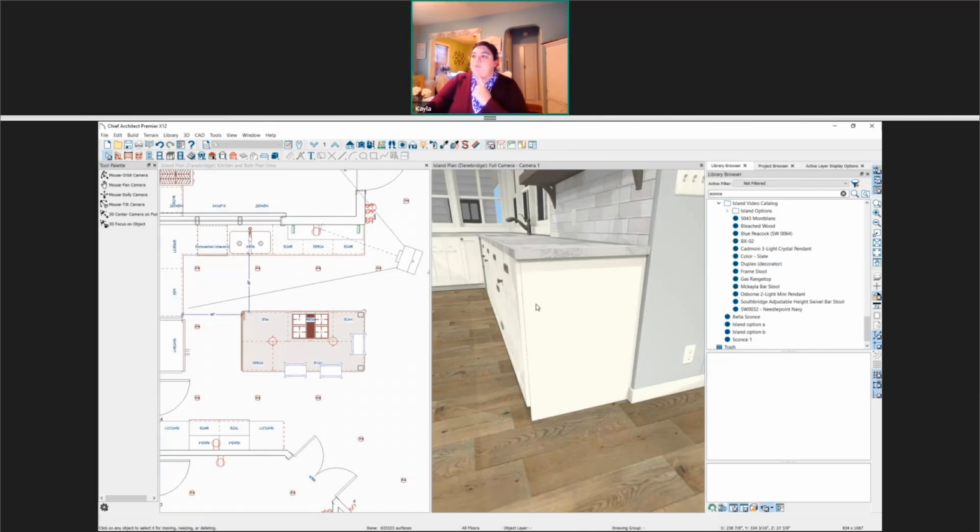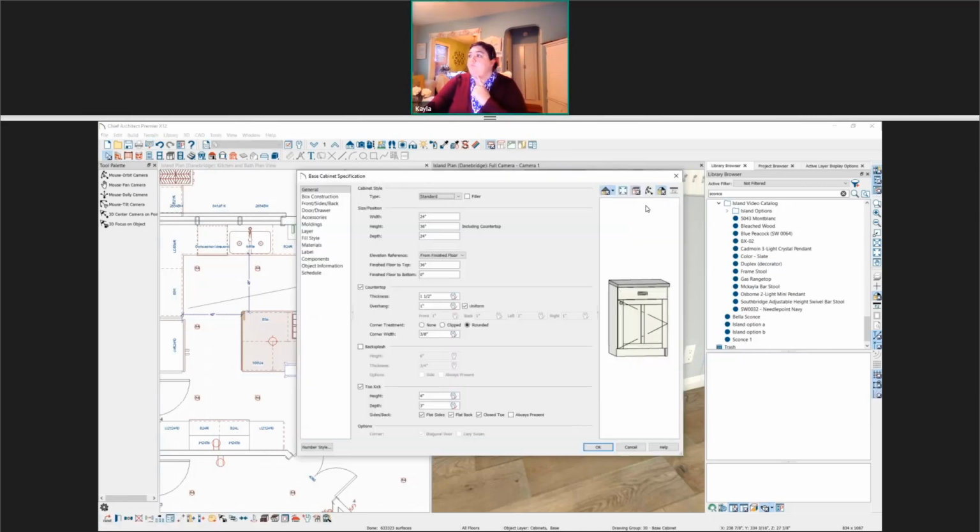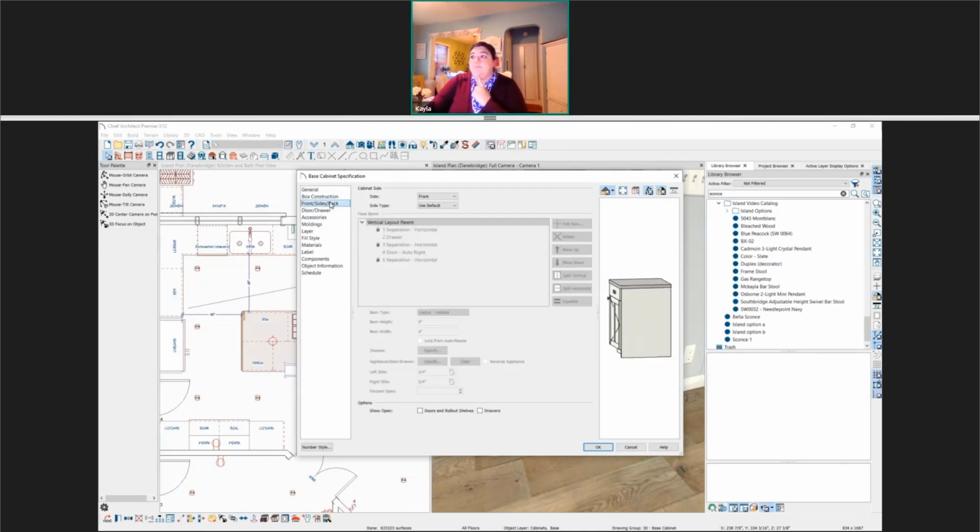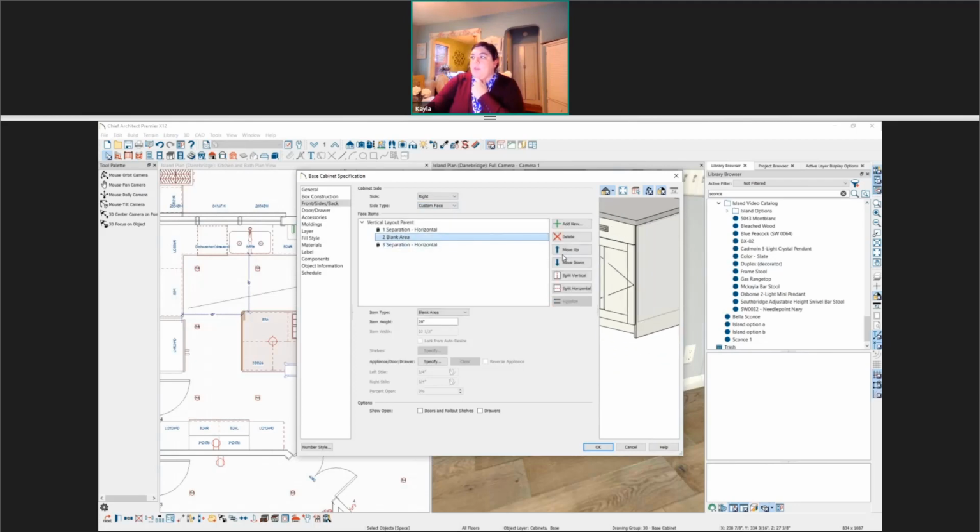Okay. So if we open up the cabinet, in this case, you're probably going to want to use the front sides back section. And we're going to switch over to the right side. I'm going to change over to paneled, so it's going to add a panel automatically to the outside. If I would like to change how that panel is applied, instead of paneled, I'm going to do custom face. So now I have this blank area, and if I would like to change the blank area over to a panel,